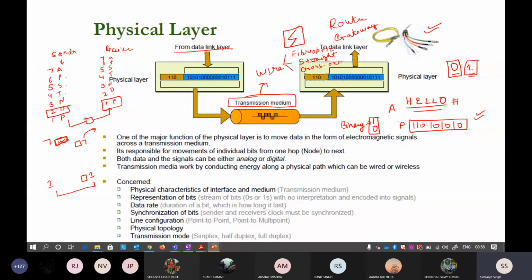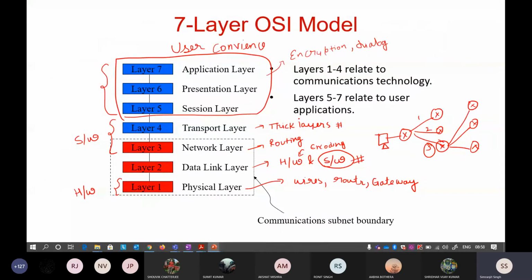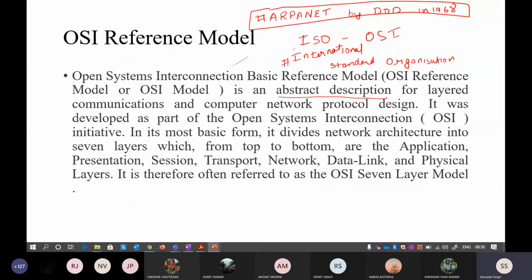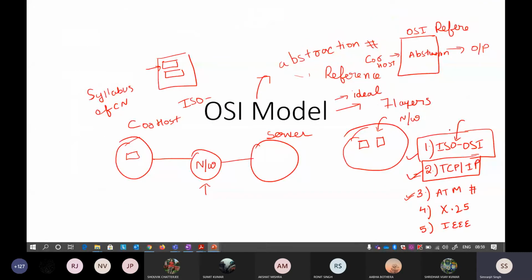Okay, so again, I'll repeat myself. Till now, I have done nothing. I just said there are particularly 3 or 4 reference models here. The ISO OSI model is the reference model on which all the communication between devices takes place. What is a reference model? A reference model is some kind of rules that governs the communication.